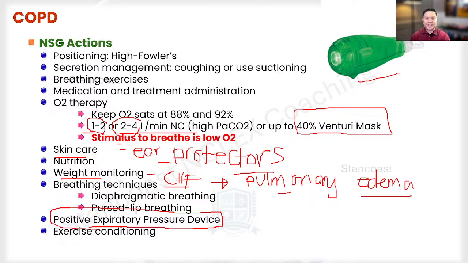Now, talking about the exercise conditioning. So what is this? Well, you're not just going to allow your patient to be sitting on the chair the whole day. No. So even though they're going to have the exacerbation, you're going to start progressing their activities, allowing them to slowly engage themselves in daily walking at a self-paced rate. Of course, we're going to have to consider the dyspnea, right? So if they become so dyspneic, they have to pause and keep moving again until they get used to that pattern.